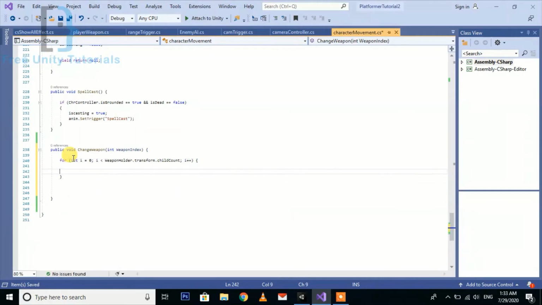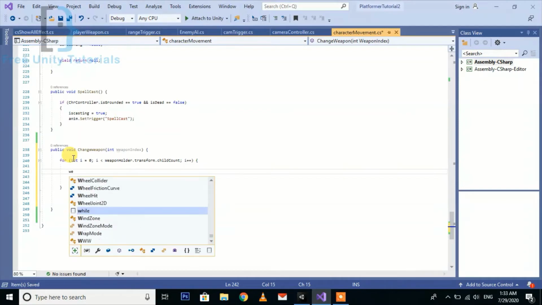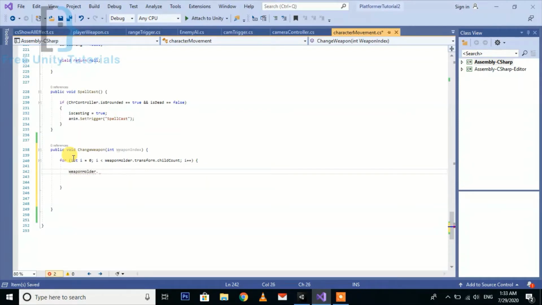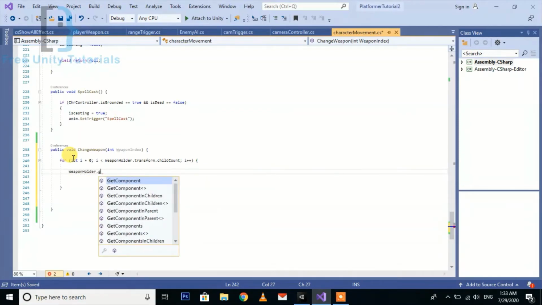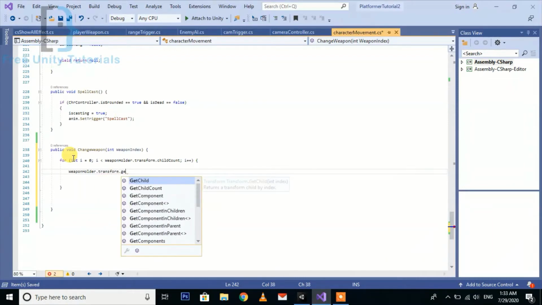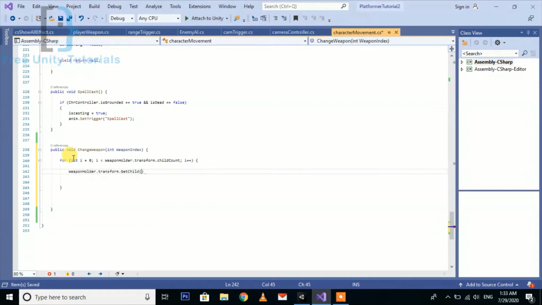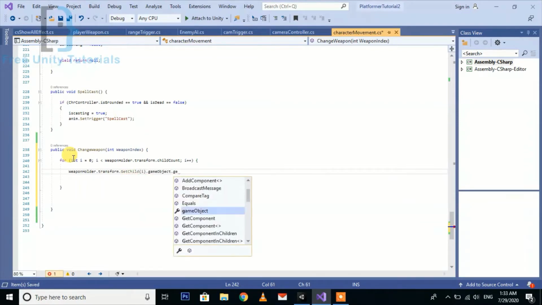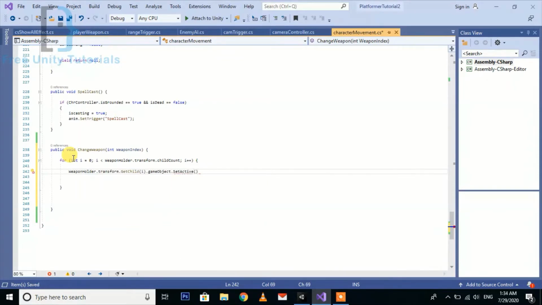So this will be our loop. So here we do one thing like weaponHolder.transform.GetChild(i).gameObject.SetActive(false),